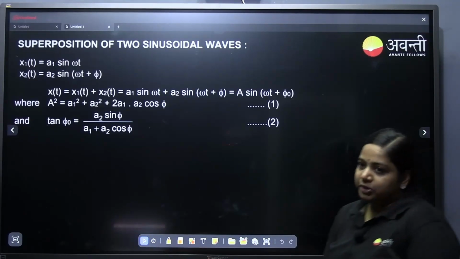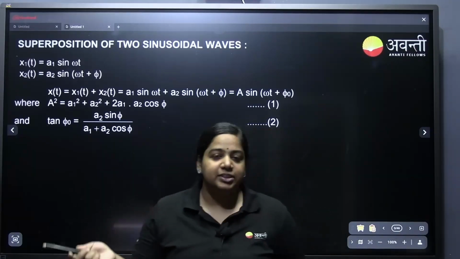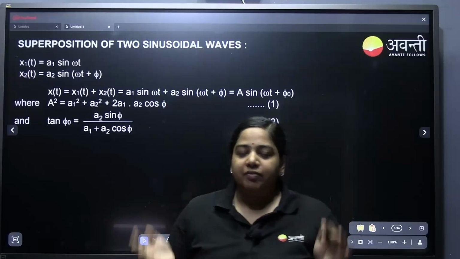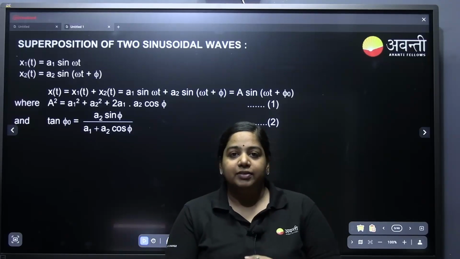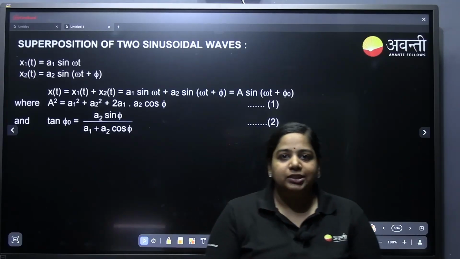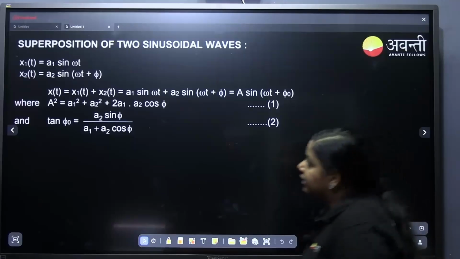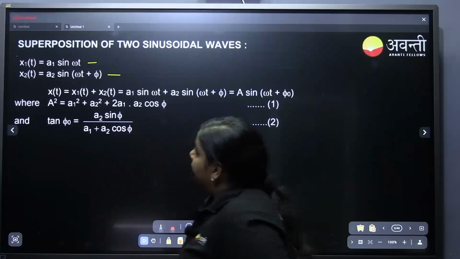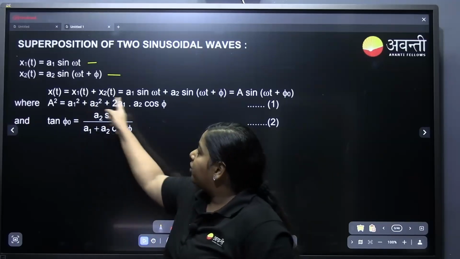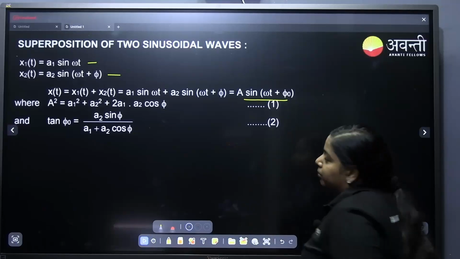Next is superposition of two sinusoidal waves. This we already discussed in the SHM chapter. When we were discussing SHM, what did we do? When two waves are superimposing, how do they behave? That introduction we already did. Here you can see there are two waves, x1, x2. When they are superimposing, we have to add them, and the result will be A sin(omega t plus phi